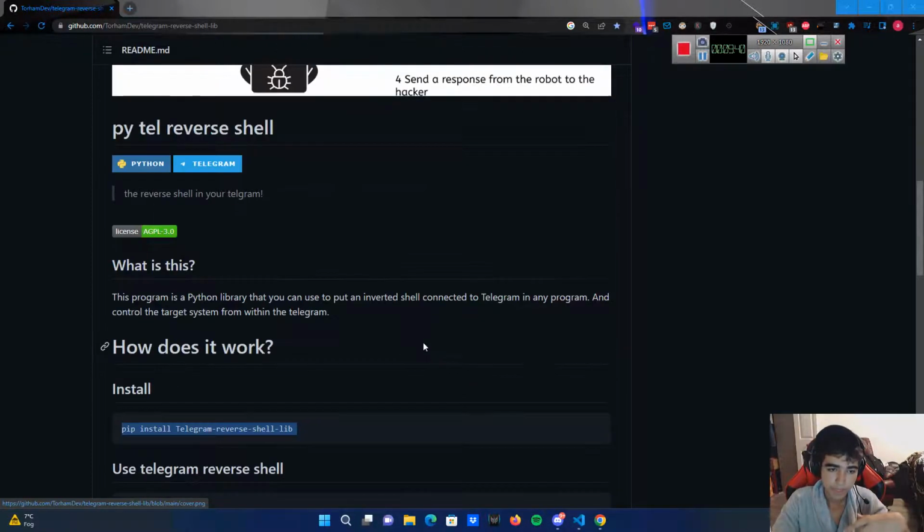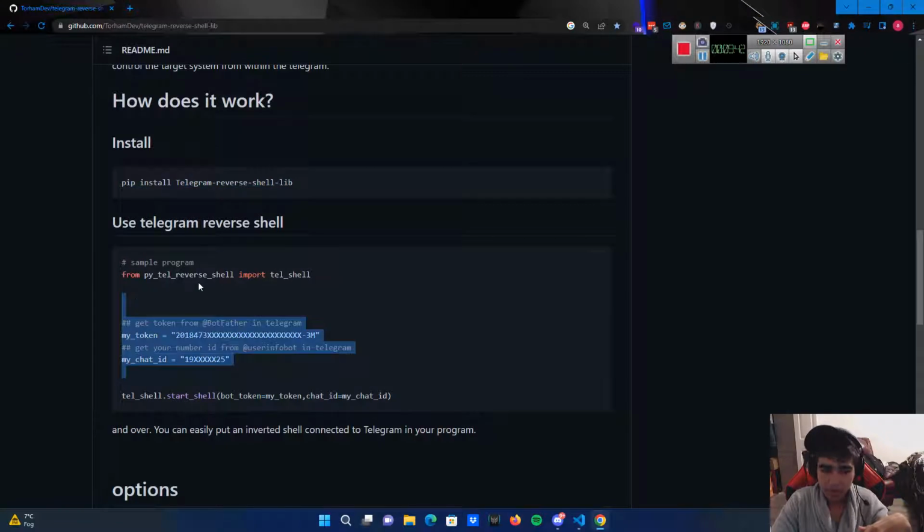But if you use this module, it makes their work very hard, because anyone can create a Telegram bot. First you have to have a Telegram account. How? You can use a fake phone number to create a Telegram account, then you can generate Telegram bots. So if they reverse engineer it,